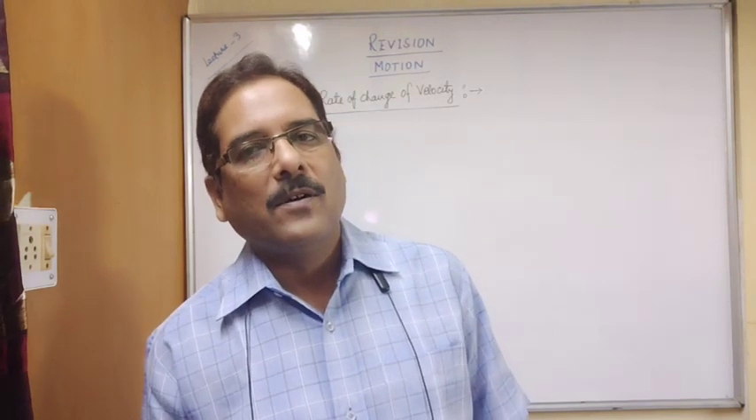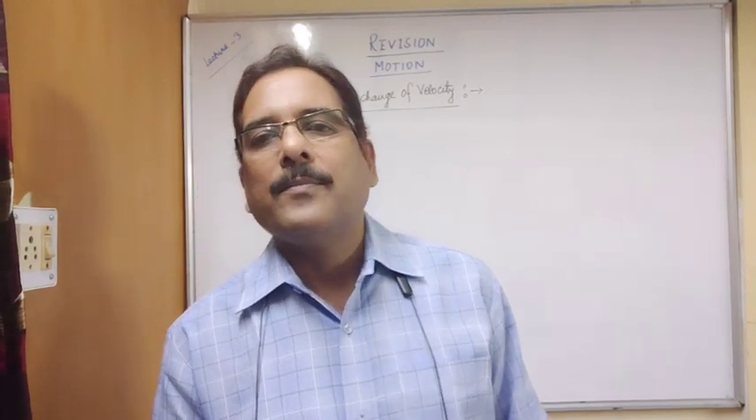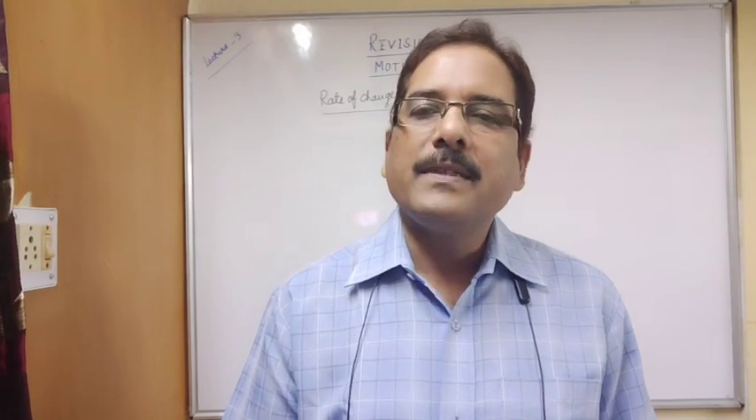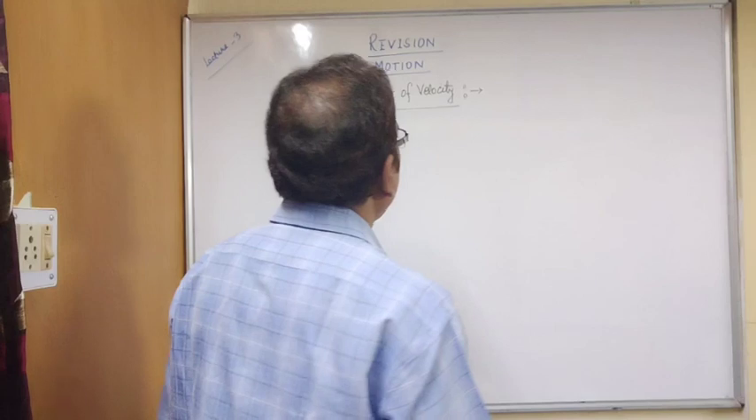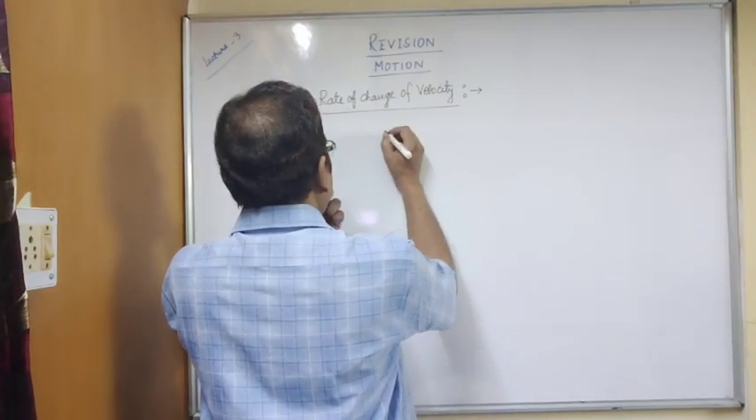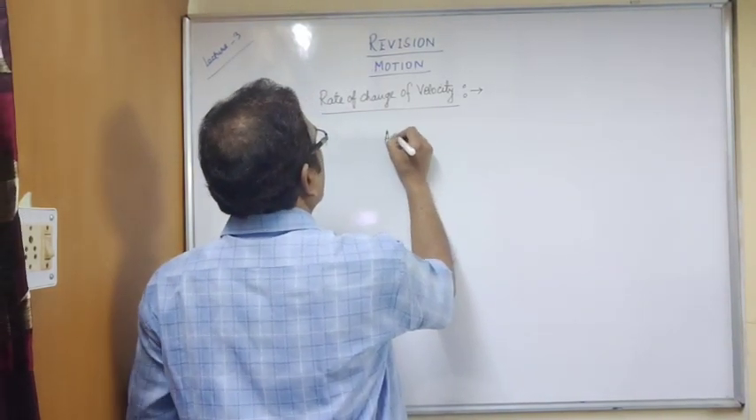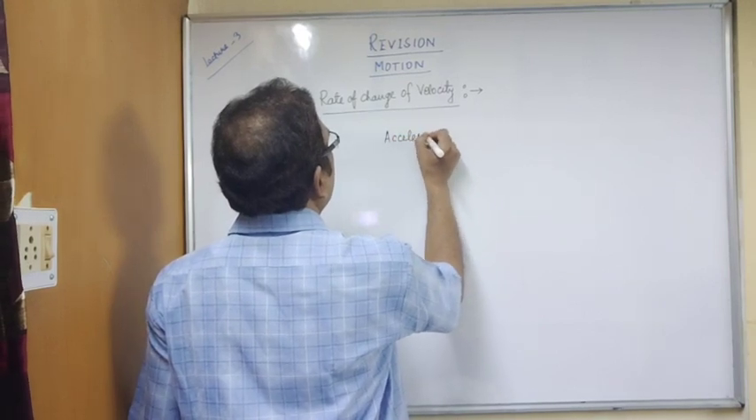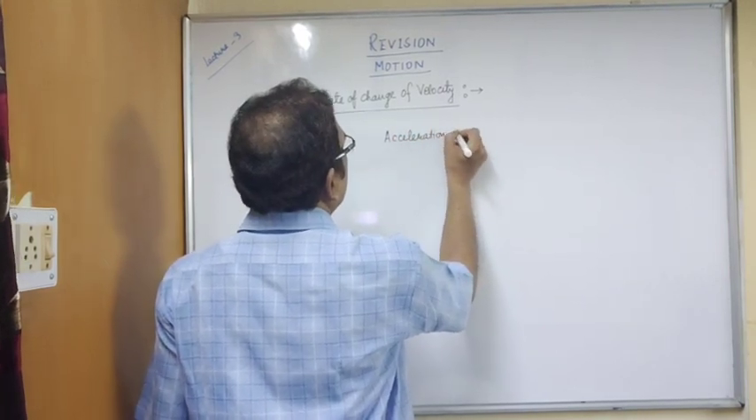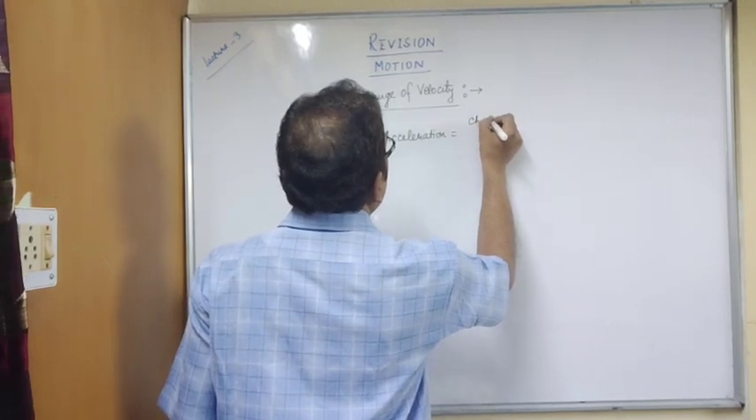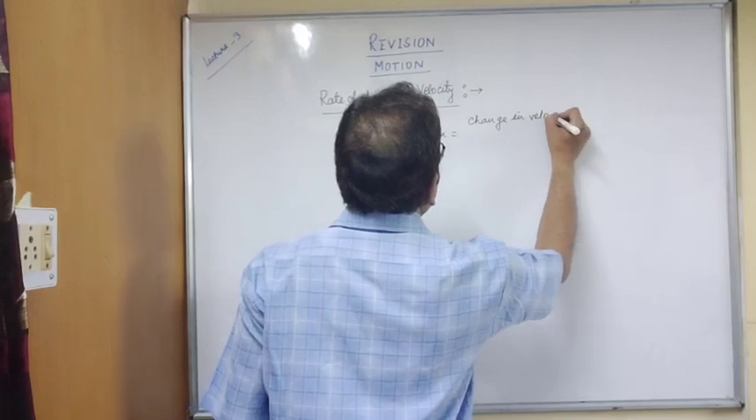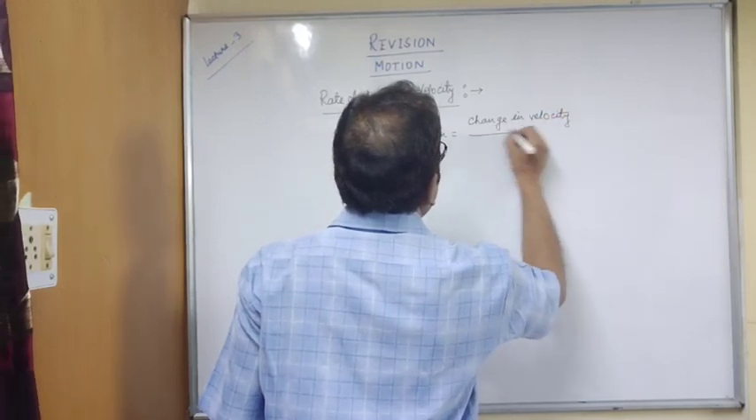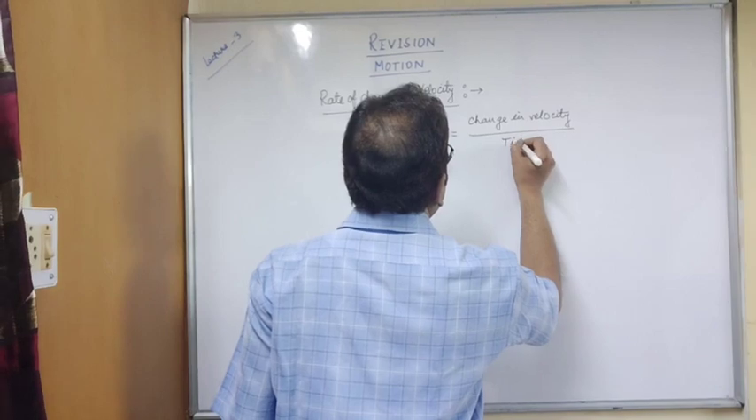Now how do we measure this rate of change of velocity? So we have to introduce a new physical quantity for it, and that quantity is called acceleration. As you know, acceleration is equal to change in velocity by time